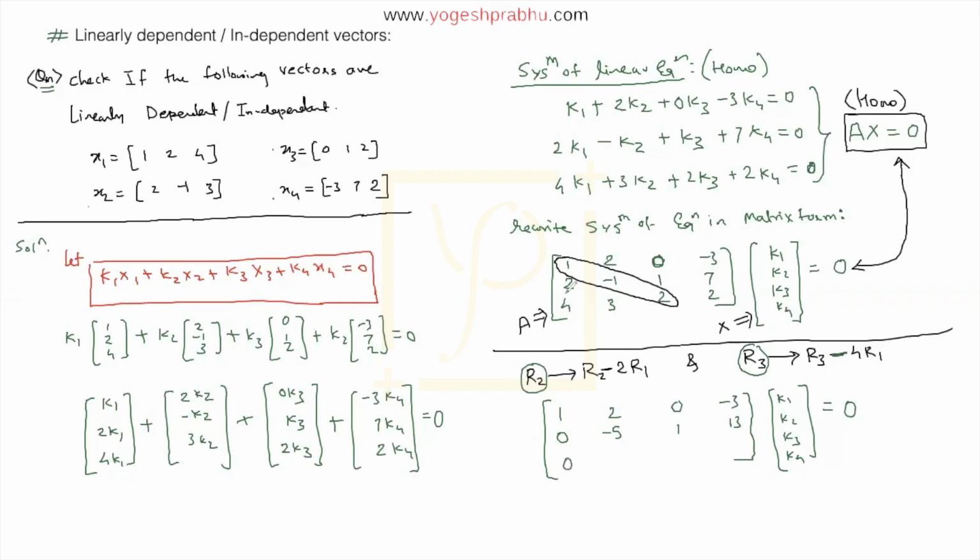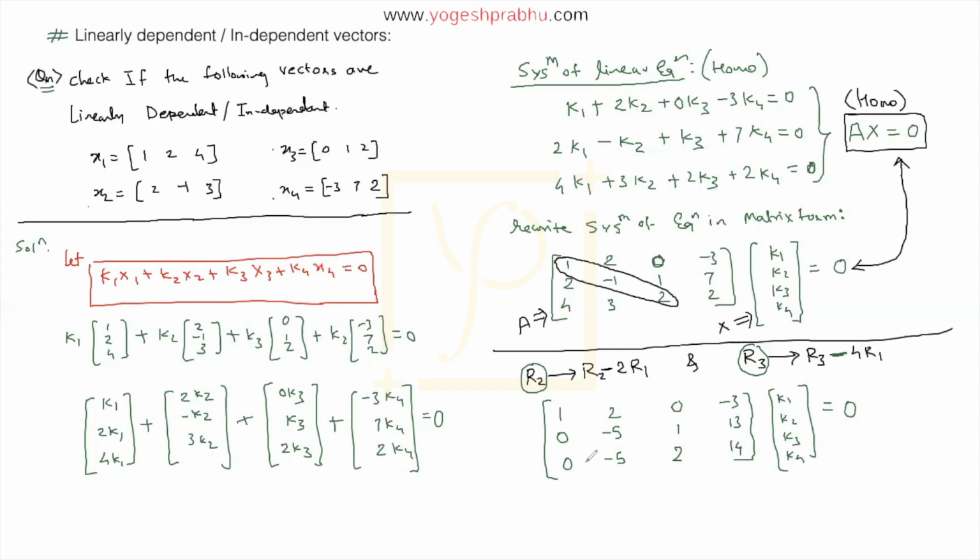Okay. So as of now, I managed to make these two 0, which is great. Then I multiply by minus 4 here. So this is minus 8, 2 times minus 4. And then add. Minus 8 and 3 is going to be minus 5. And then next would be multiply by minus 4. 0 will not make any difference. So this 2 will remain as it is. I hope you're following this. Just do the calculations right without making any mistake. And then next, this will be minus 3 times minus 4, which is going to be 12. And 12 and 2 is going to be 14. Okay. So I got this.